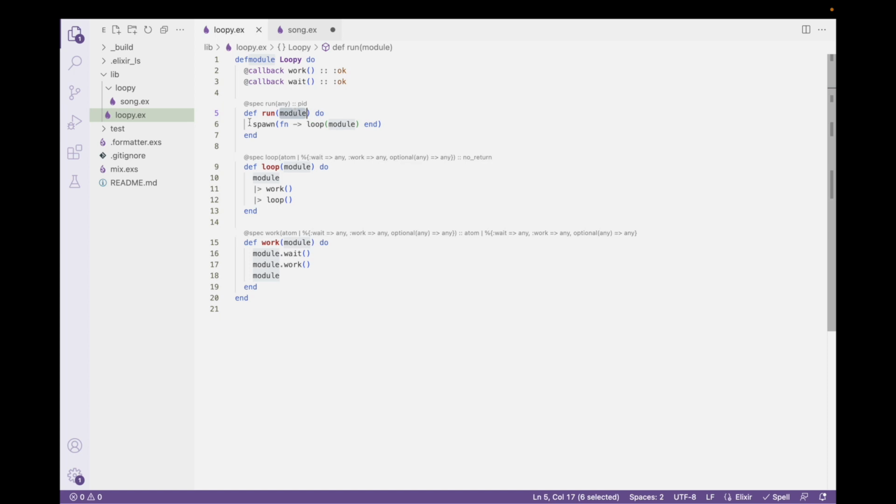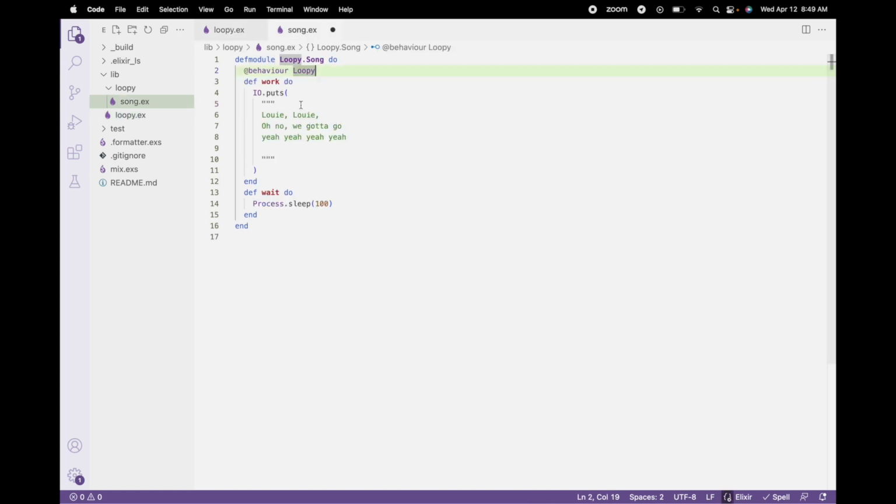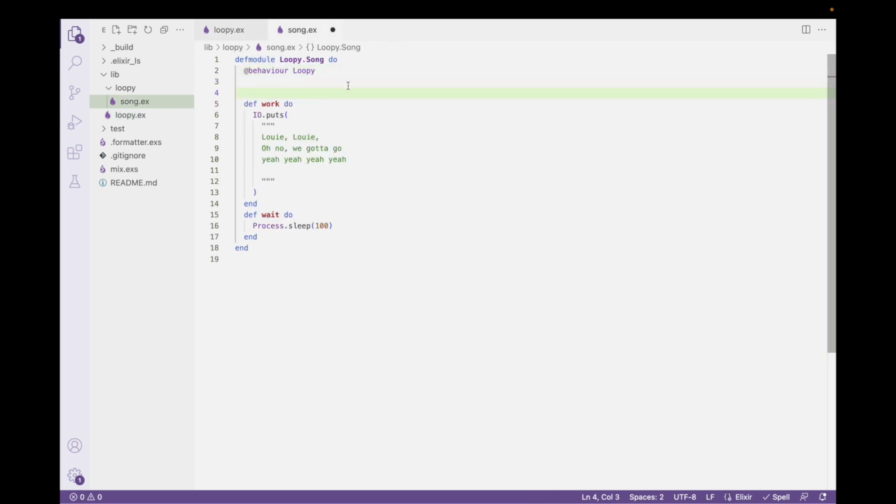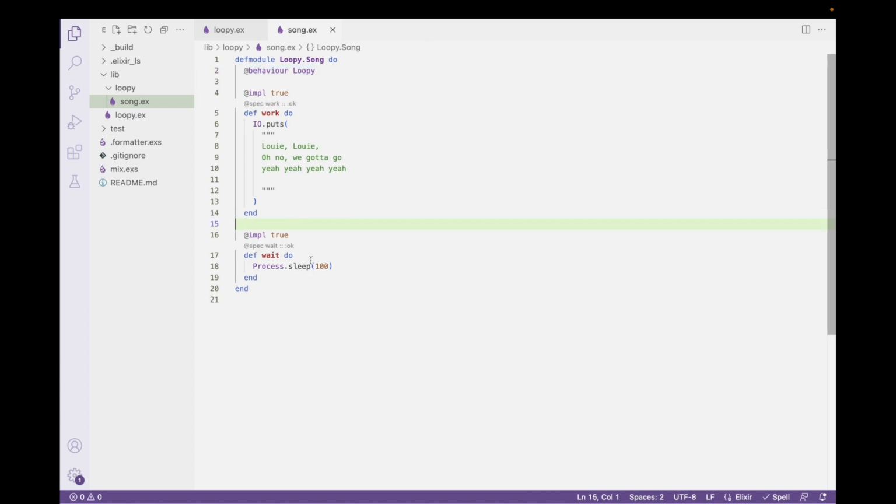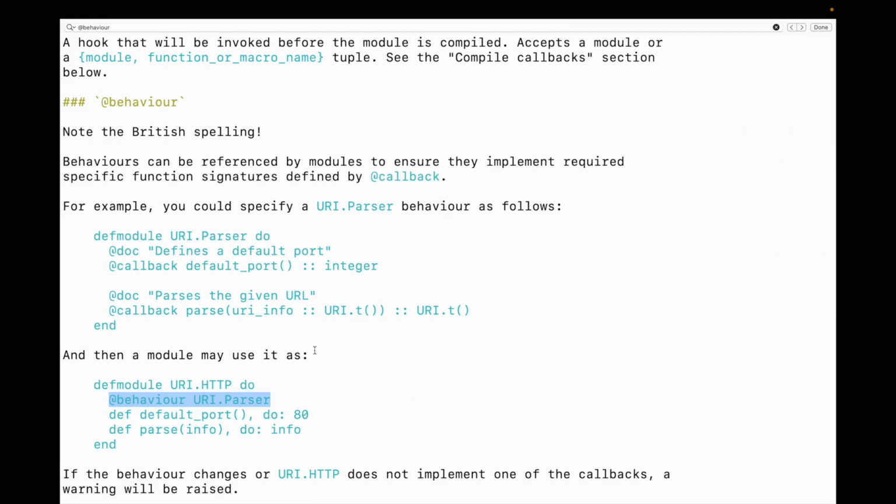And so one of the things that I want to show you is that, as long as we declare that these participate in the behavior, the way to do that is impl: true, right? All that impl: true says is that these are part of the contract and the behavior that I've specified. So if that is true, then I'll get a little bit more compiler protection. So for example, I can recompile this